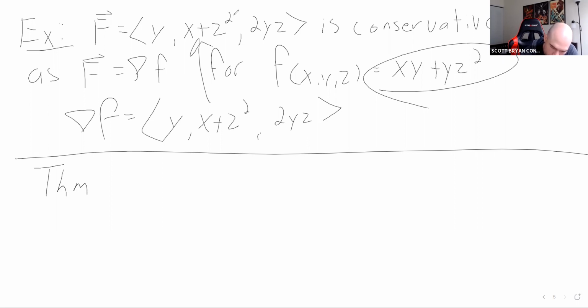So how do we tell if vector fields are conservative? Well, there's a test we can do. If a vector field is conservative, it'll pass this test, and we'll see some more stuff to do the other way around. We have two different tests depending on whether we have a vector field on R2 or a vector field on R3. So on R2,